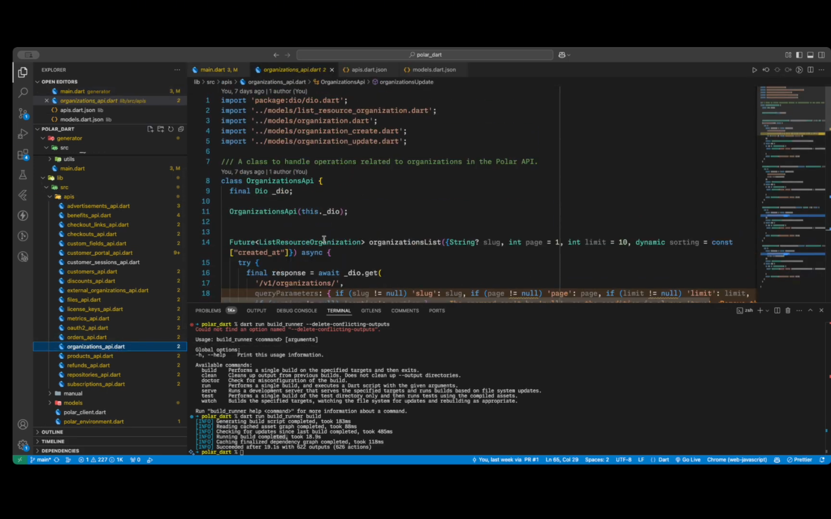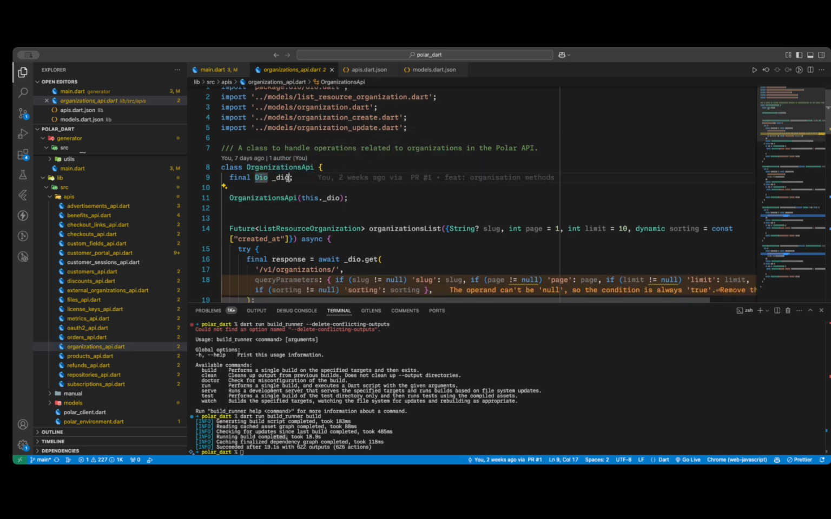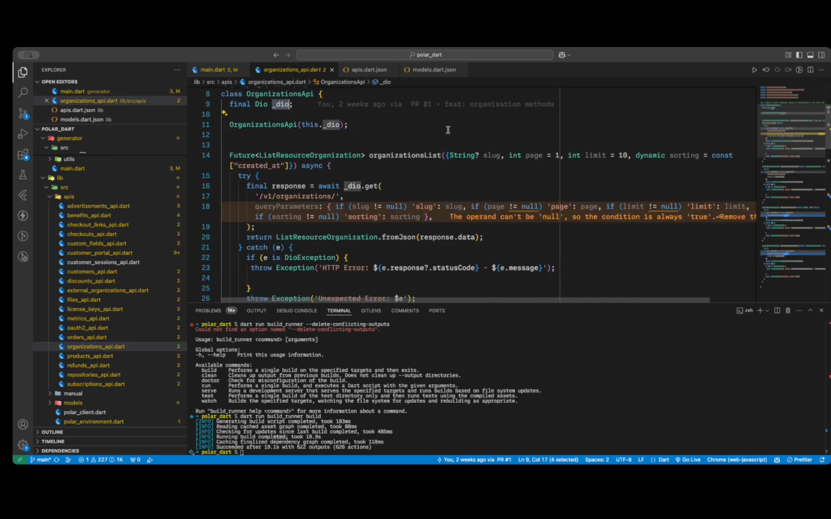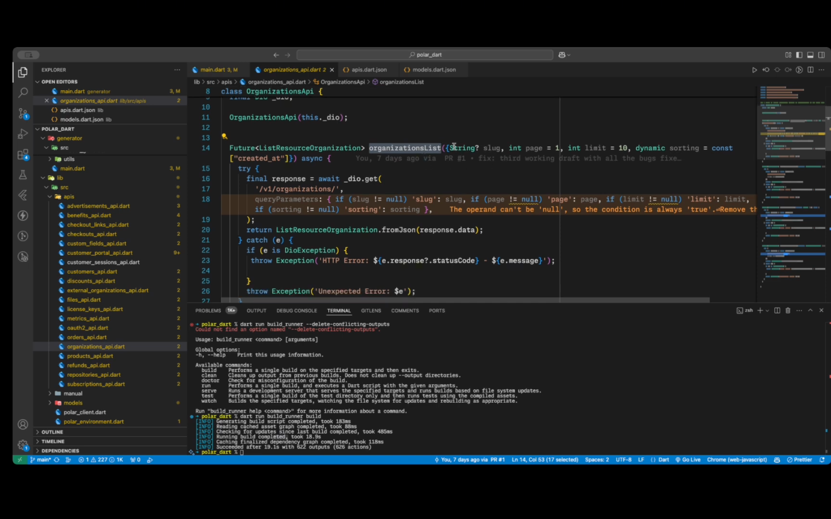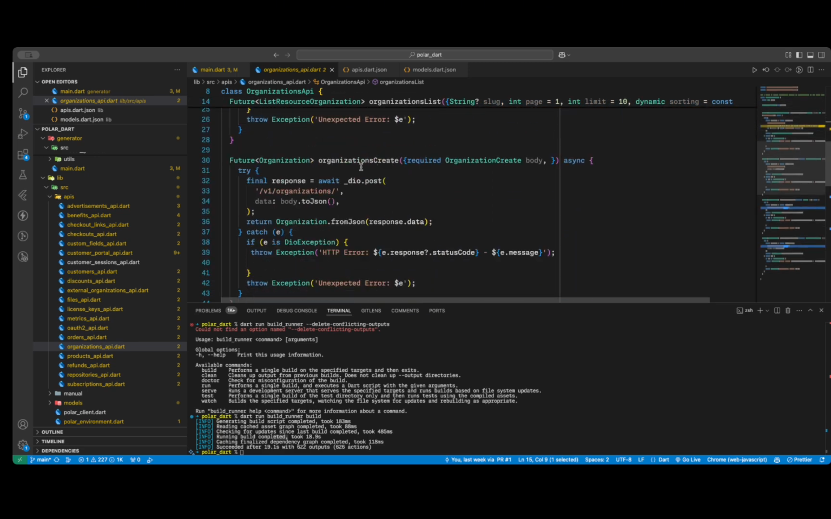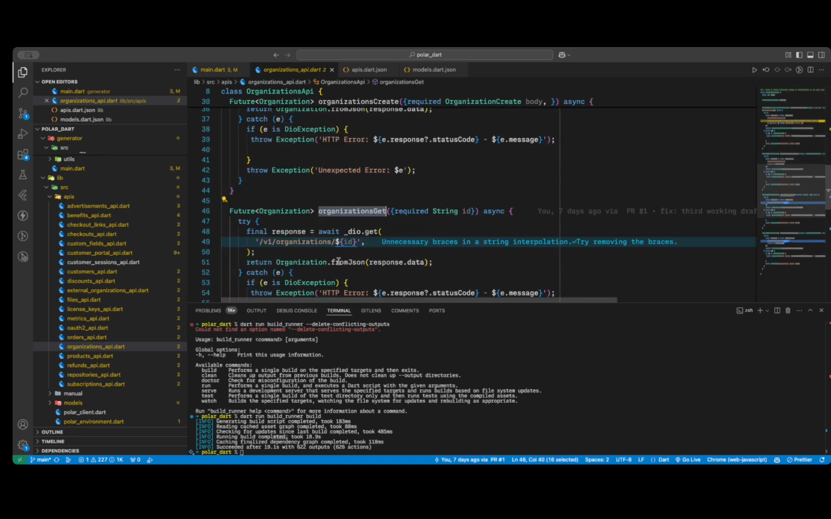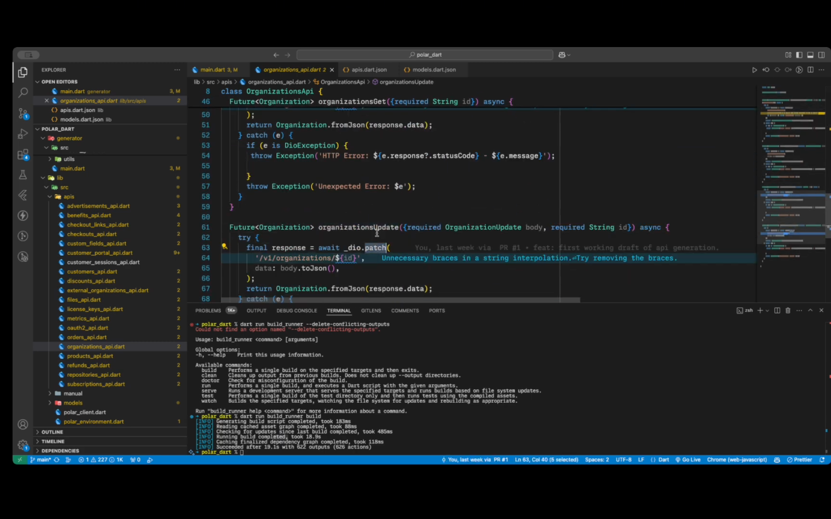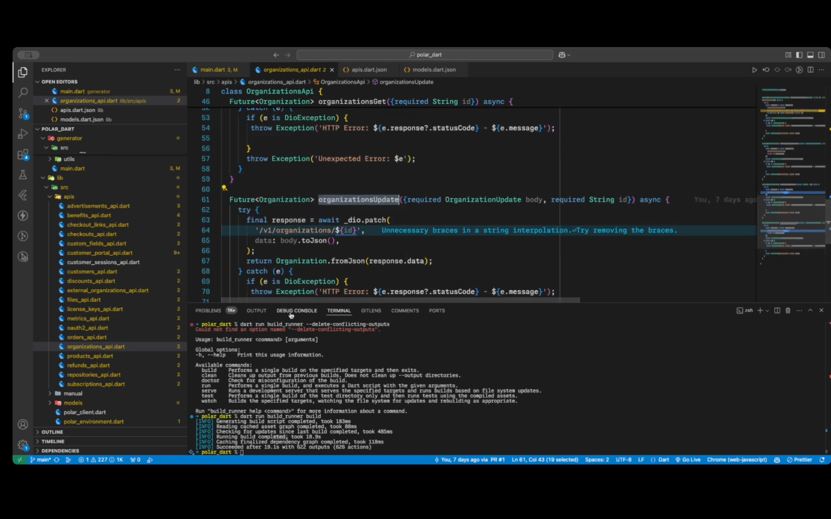As you can see, it creates this class called organizations API. It has this dio client, and the first method is to get the list of organizations. It gets all these parameters and try and catch, something like that. Then the next function is a post method. This is the next function, getting a single organization from ID, and this is a patch method to update. But there is one problem here,